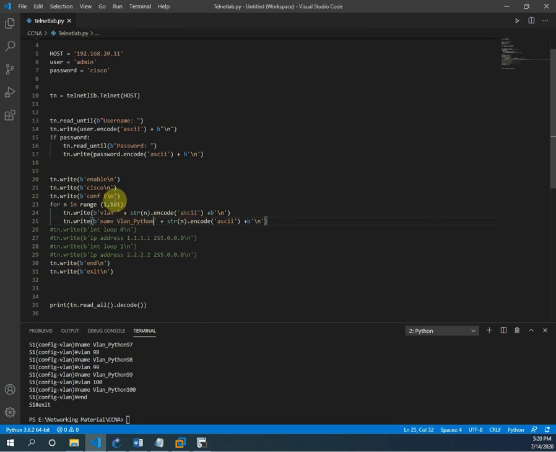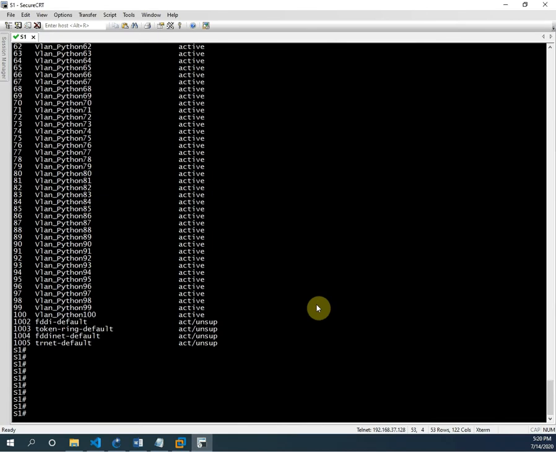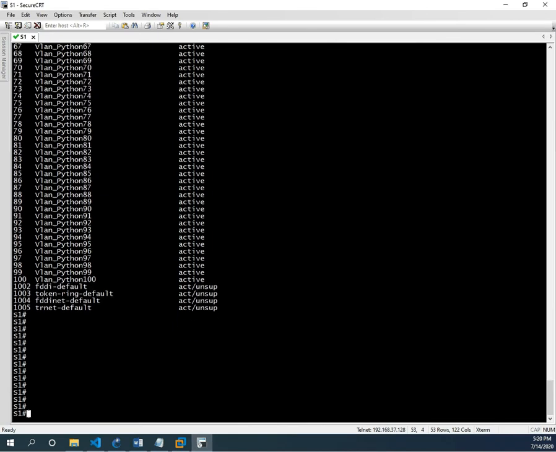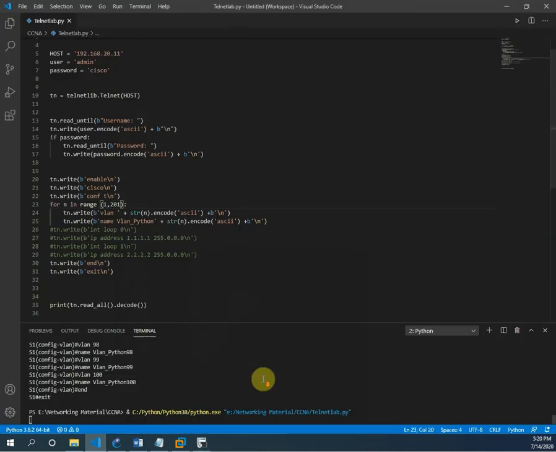Okay, so let me change it here. I change it and run the code. I change it to 200. Let's see if it will create them or not, because I am using a switch that maybe does not support that many VLANs, but anyhow we can try.